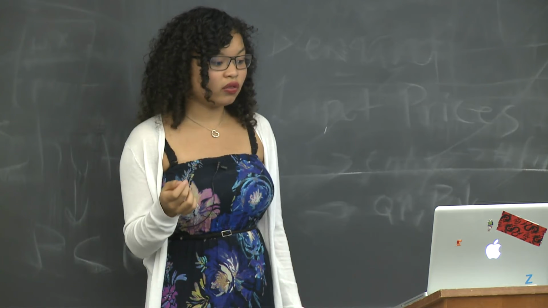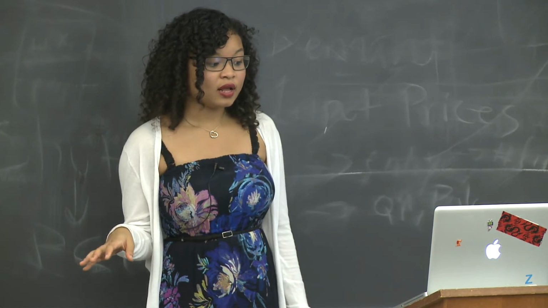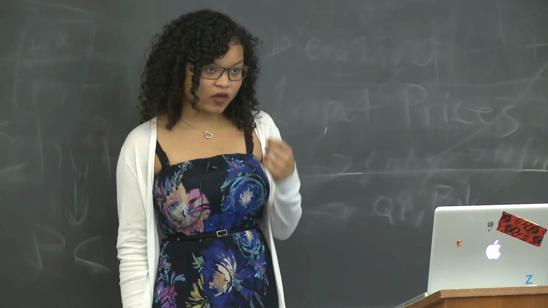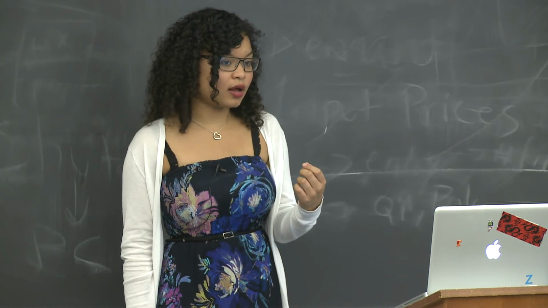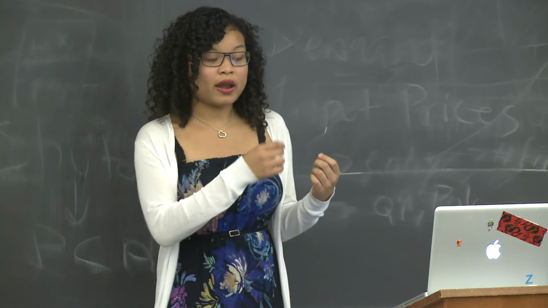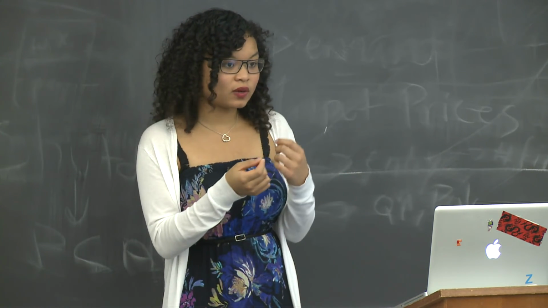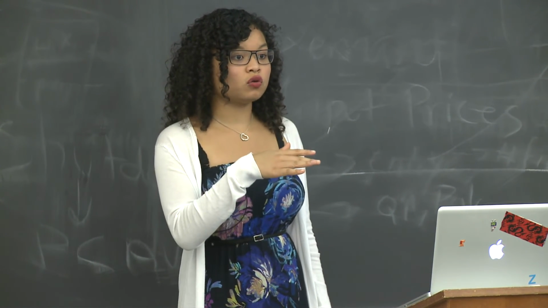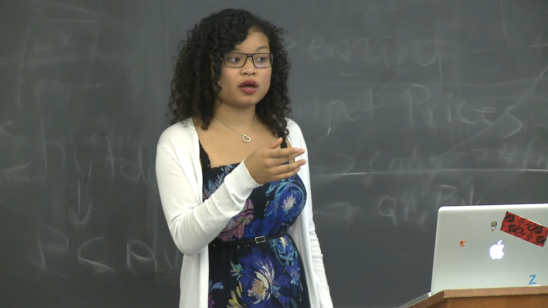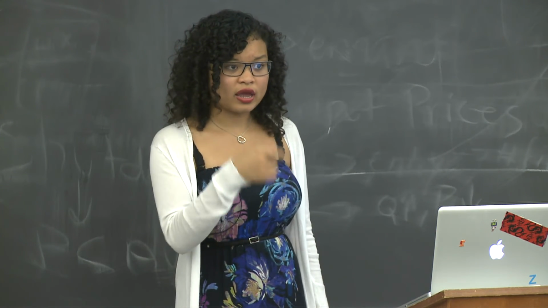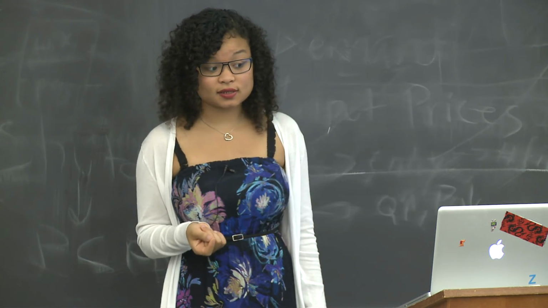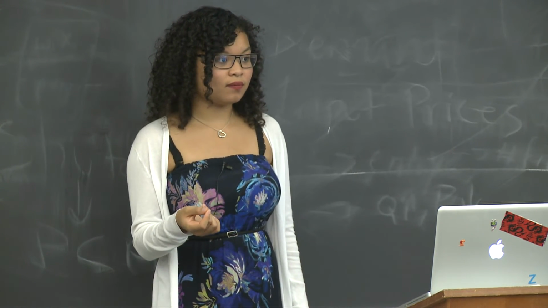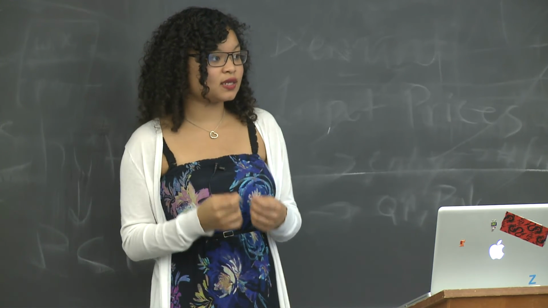So if it's null, then that means the word is misspelled right away. But if it's not null, then you can continue and say, okay, that first letter is a possible first letter in a word. So now I want to check if the second letter in that sequence is within my dictionary. So you're going to go to the index of the children of the first node, and check whether that second letter exists. And then you repeat that process to check whether that sequence is valid or not